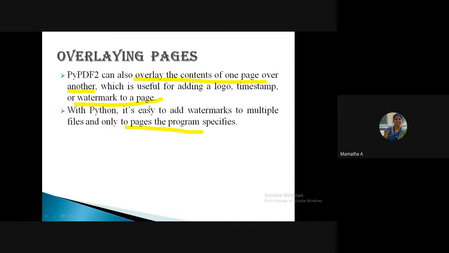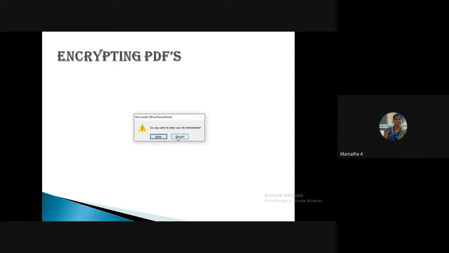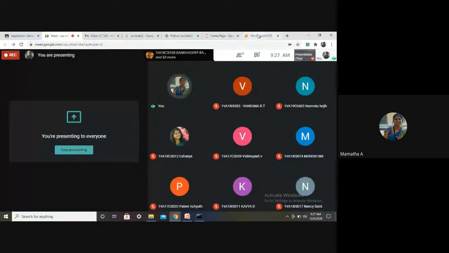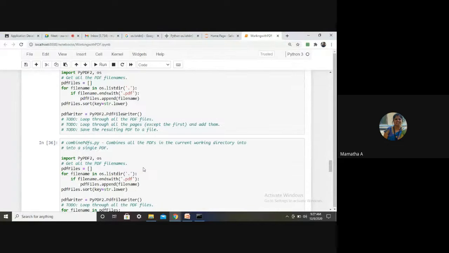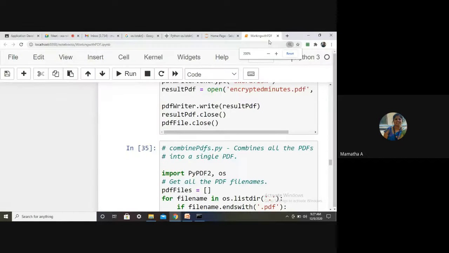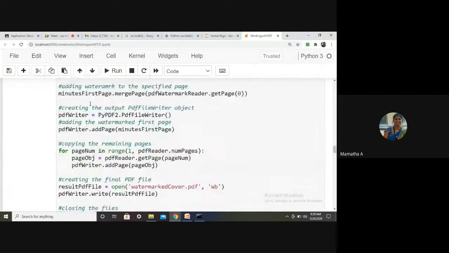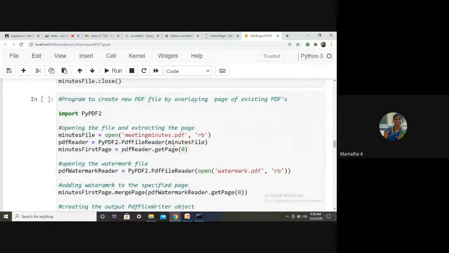exactly this particular thing will work with an example. Okay, is the notebook visible, students? Is the notebook visible? Yes, ma'am. Okay. One second. Yes. Okay. Overlaying. Yes. So before I go for this